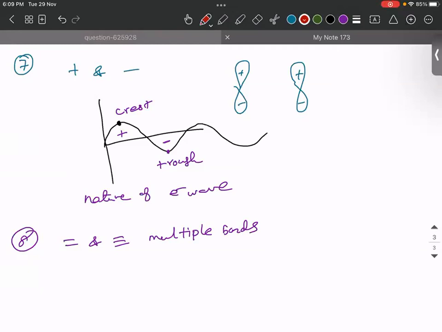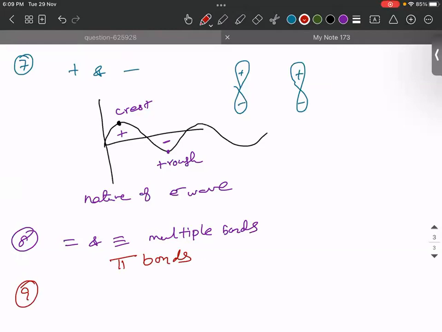Pi always exists with the sigma. So it has 5 bonds. When you are seeing the multiple bonds, sigma bond is present in all the compounds. When you take methane, you have the sigma bond. Ethane, you have the sigma bond. Ethylene, you have sigma and pi bond. So it contains 5 bonds. Okay. And then,